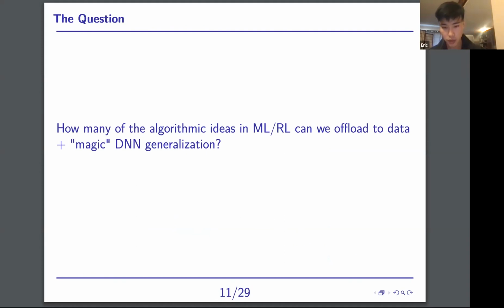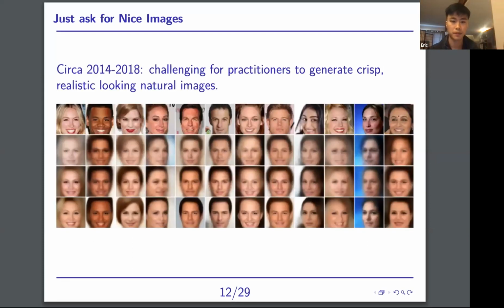So the question I want to pose is, given that we've seen so many exciting capabilities of generalization in machine learning, how much of the other stuff that we do in ML research can we offload to this magical deep neural network generalization? And I'm going to go through a few examples in both generative modeling as well as reinforcement learning. So circa 2014 to 2018, many researchers who worked in modeling computer vision images, like the faces datasets,